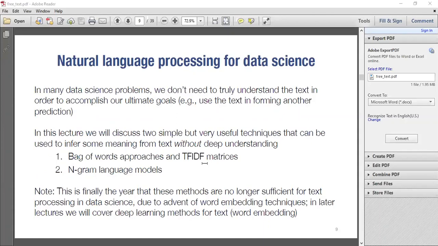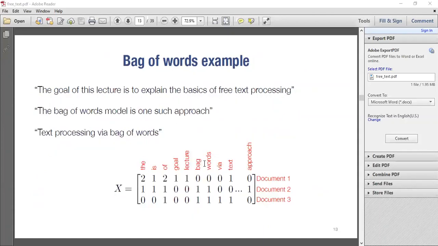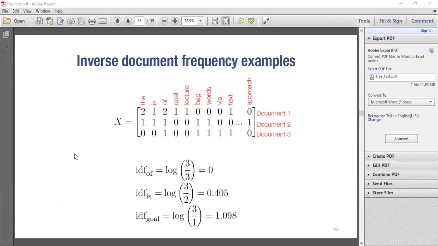Now, if we use only the term frequency, we will be giving more weight to words that appear more regularly, like "the", but they don't really give us the meaning of what we are dealing with. So in using this inverse document frequency, we are giving more weight to words that appear less frequently. As you can see, the words that appear once within the documents have a higher IDF, inverse document frequency, because if you take a log of it, it gives you a higher value than the words that appear more often.